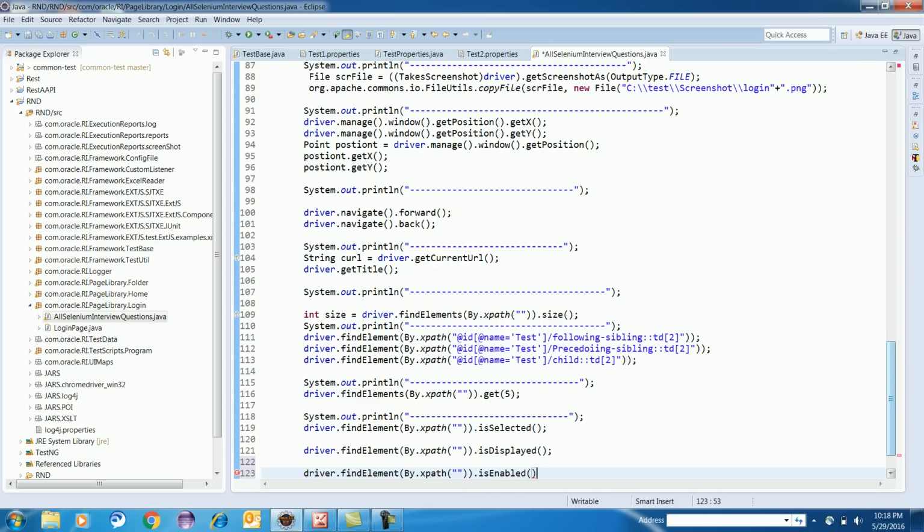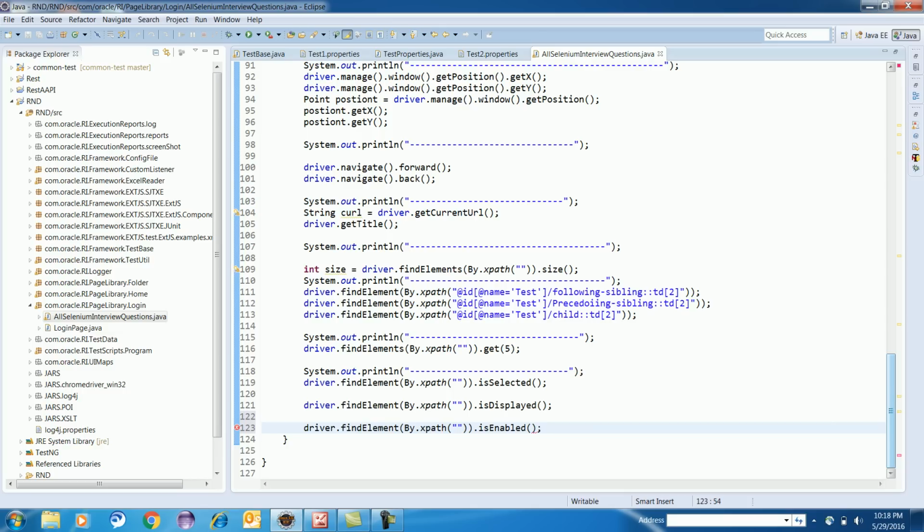So these are the three methods: is selected, is displayed to check whether it is displayed on the UI, and is enabled to check whether it is enabled or disabled. So these are all Selenium API. Is there anything we are missing?